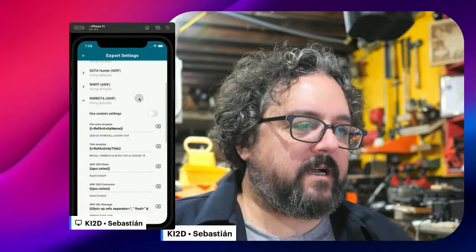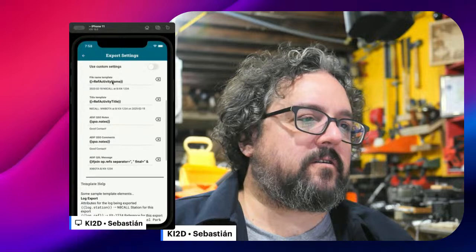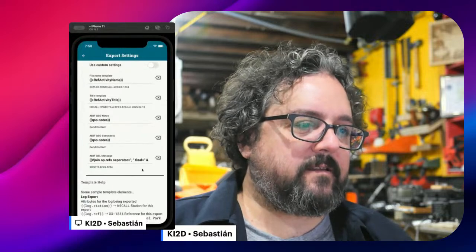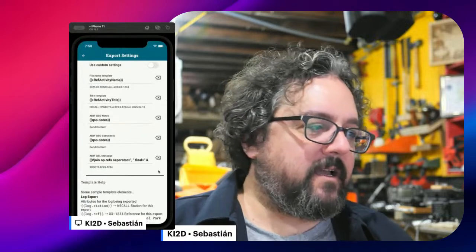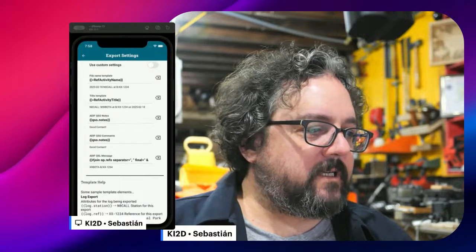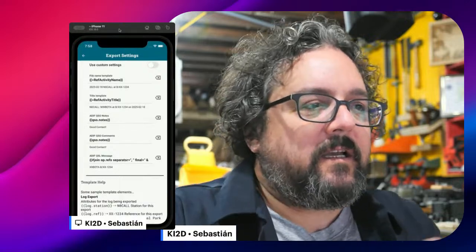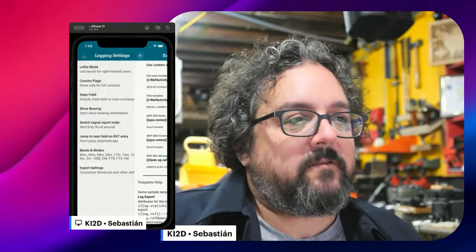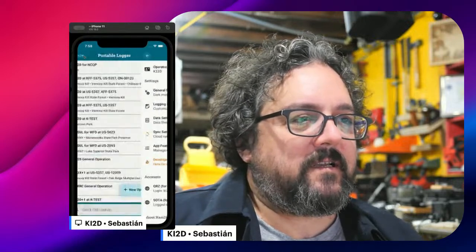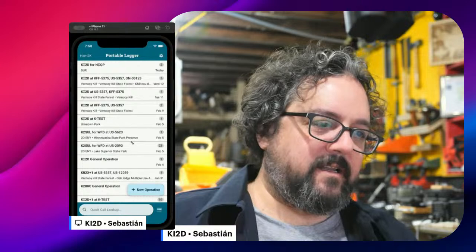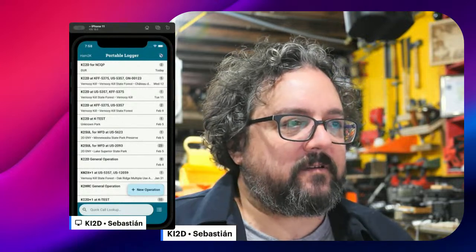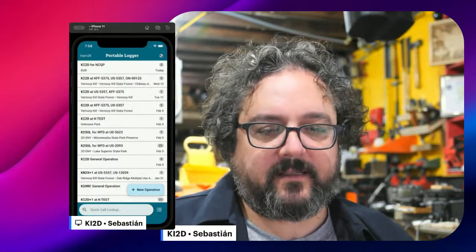I can modify how I want them to look, or I can use the defaults, or I can extend the defaults, etc. That will let people pick whatever their favorite format is and apply it to every single one of their operations. I hope